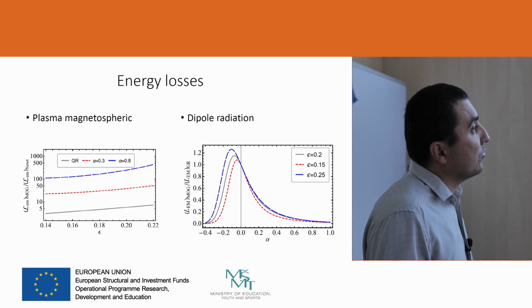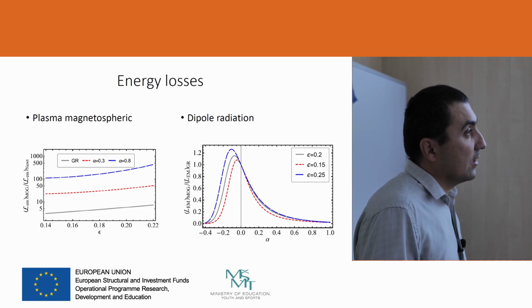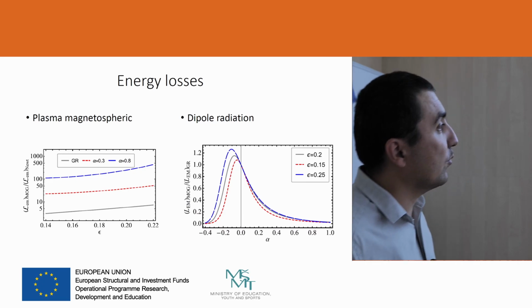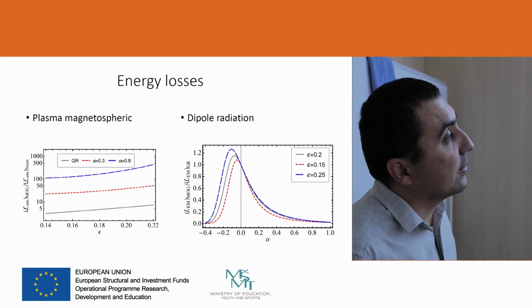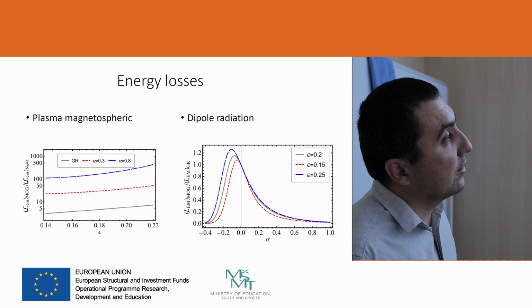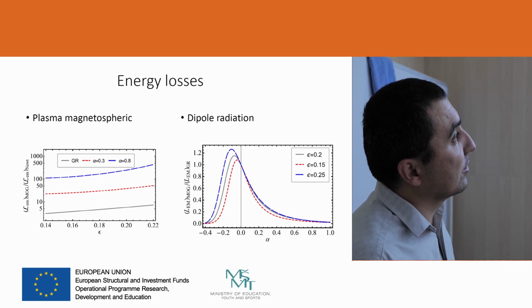So this shows that in the presence of some external scalar, vector, scalar-tensor fields, the space-time around the star depends on the mass to radius relation,